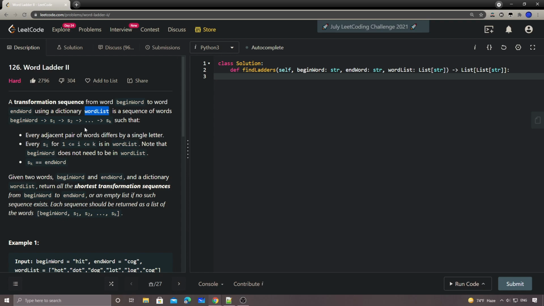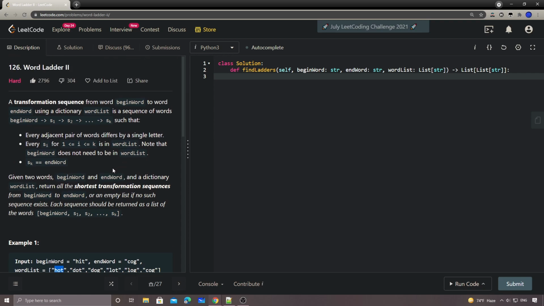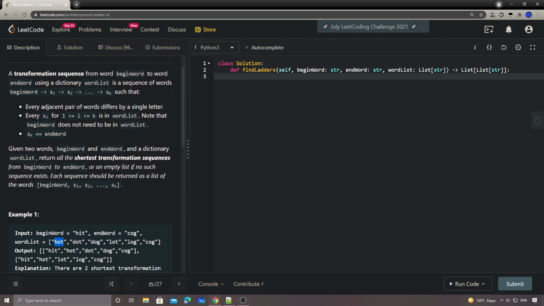is allowed. So for example, from hit, we can transform it into hot. Basically, we only allow changing one letter of the current word to a different letter. And for this one, we want to return all the shortest transformation sequences from beginning